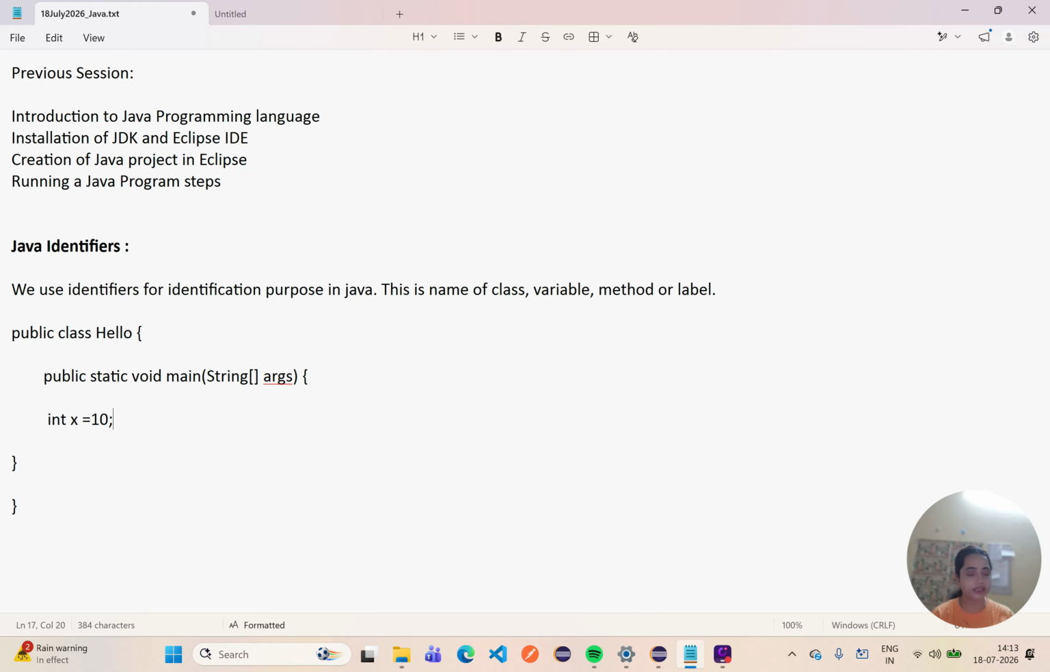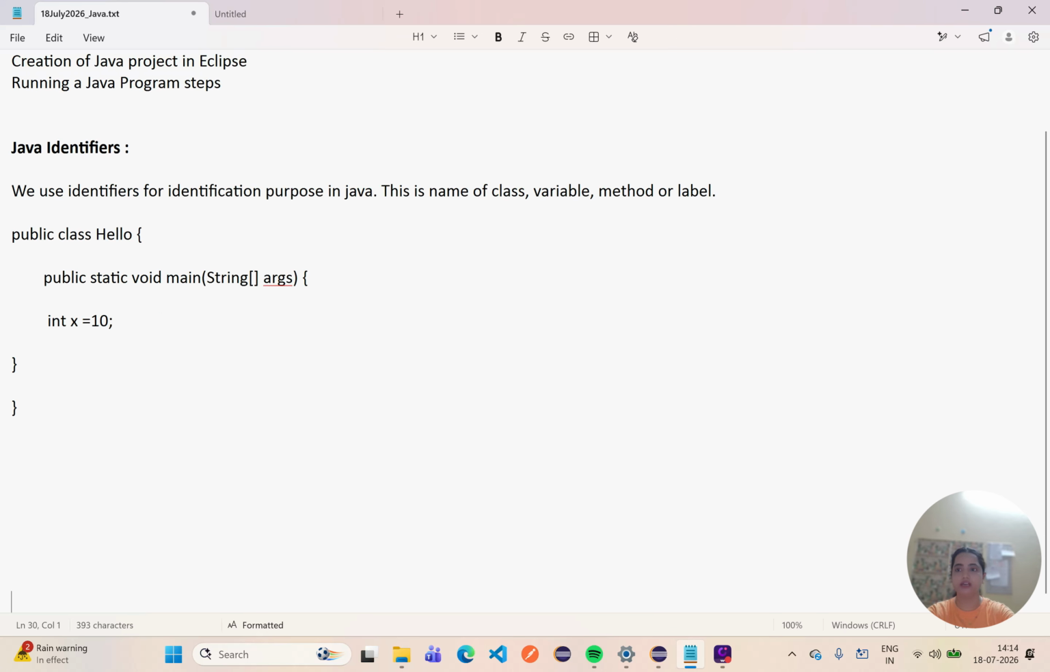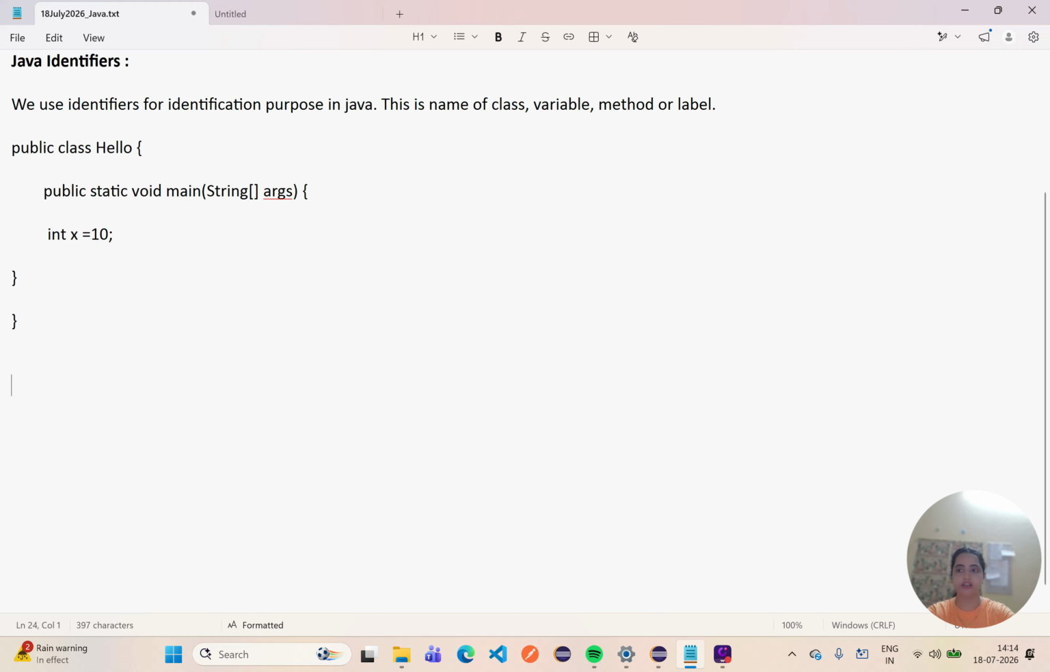So the name of a variable, class, method, label, any name which we use, which is given either by the system, because String is a predefined class, or a user defined class like we are defining the hello class, everything is an identifier. Now let us see, there are some rules for identifiers which you should always keep in mind. Number one, the first rule is